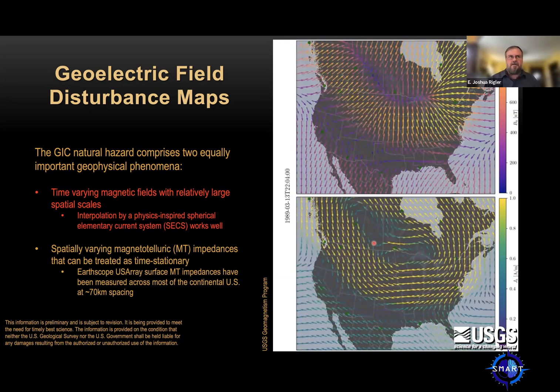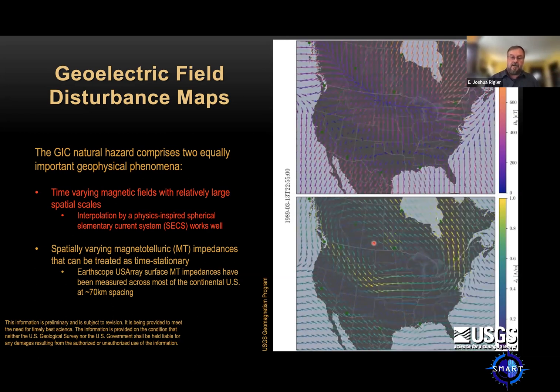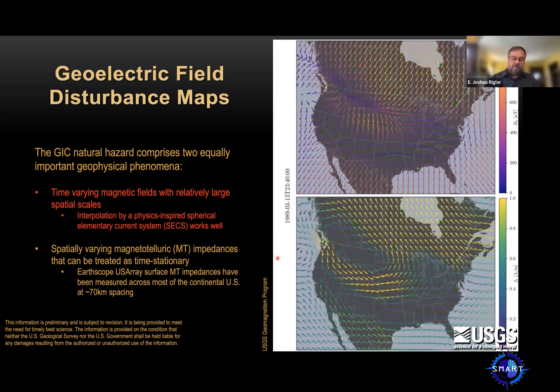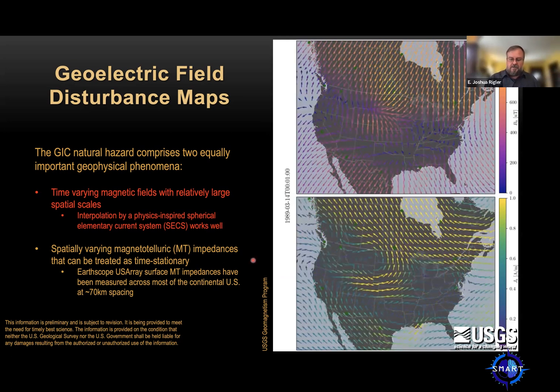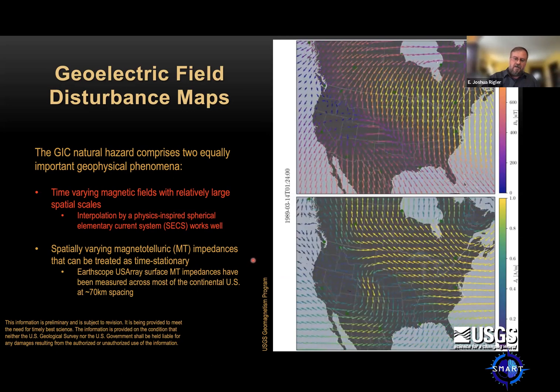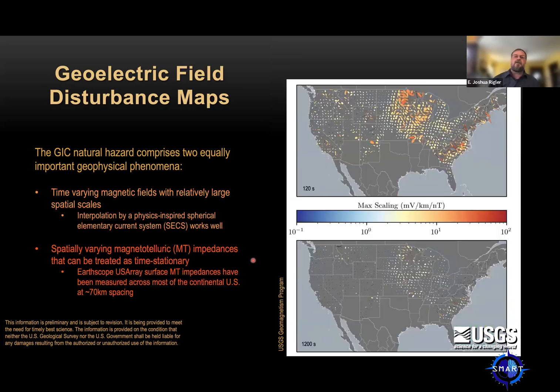So we have the spectral content from a time series of magnetic variations, and now we want to push that through an impedance tensor, a magnetotelluric impedance tensor. These observations aren't only made over a short period of time, because magnetotelluric impedances, associated with the ground conductivity, don't change much over time, but they can change substantially over really short distances. These plots are a little bit confusing, and I'm not going to go into too much detail on them.